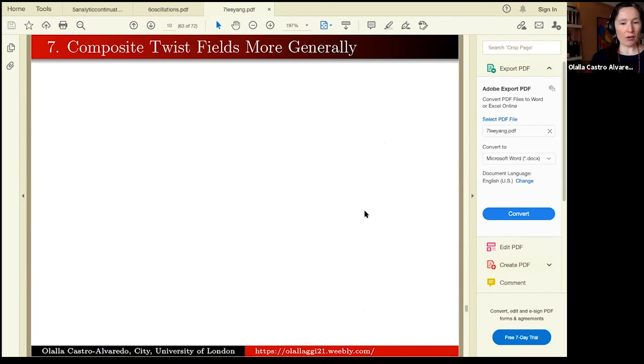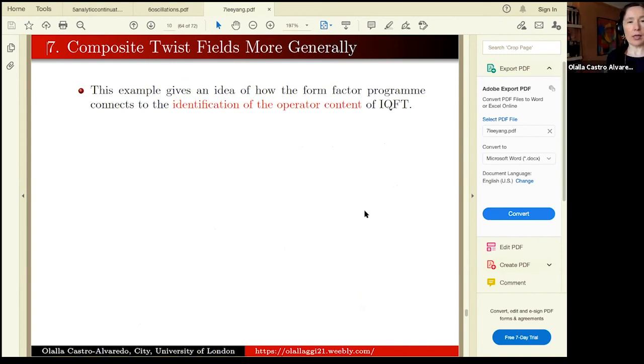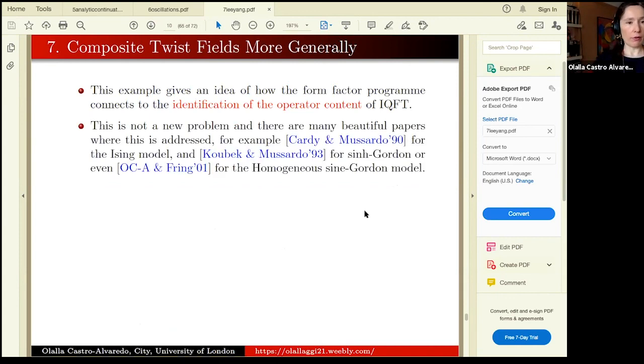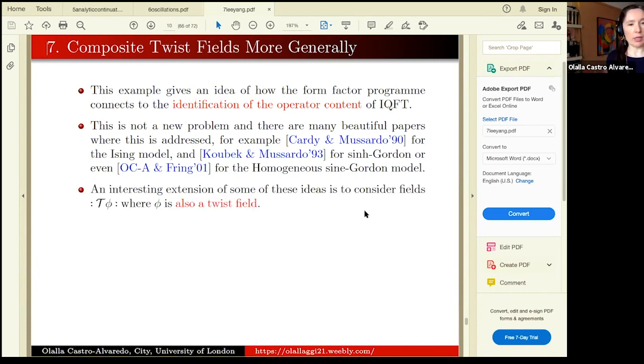Okay, so I'm almost done. This example gives you an idea of how the form factor program connects to the identification of operator content in integrable quantum field theory. This is, of course, not a new problem. So people have asked the question, how many solutions are there to form factor equations? It is a deep question. And people have looked at it at least in model-specific situations. So Cardy and Mussardo thought about it for the Ising model. Kormos and Mussardo thought about it for sinh-Gordon, and we thought about it for a different family of theories, these homogeneous sine-Gordon models. So this is an interesting question, and this work I'm describing tries to address it a little bit